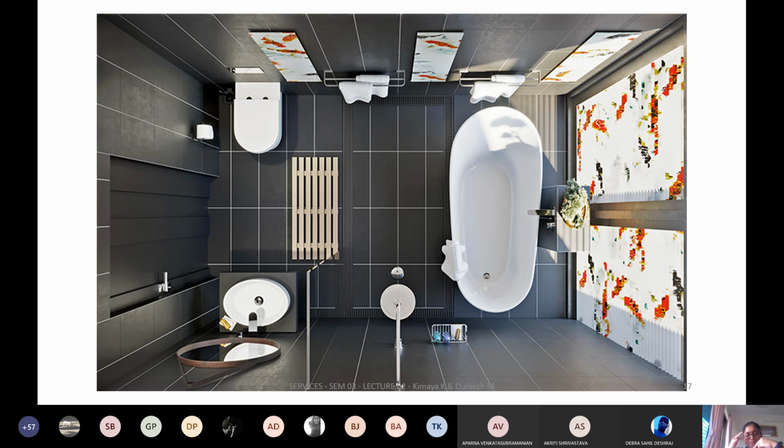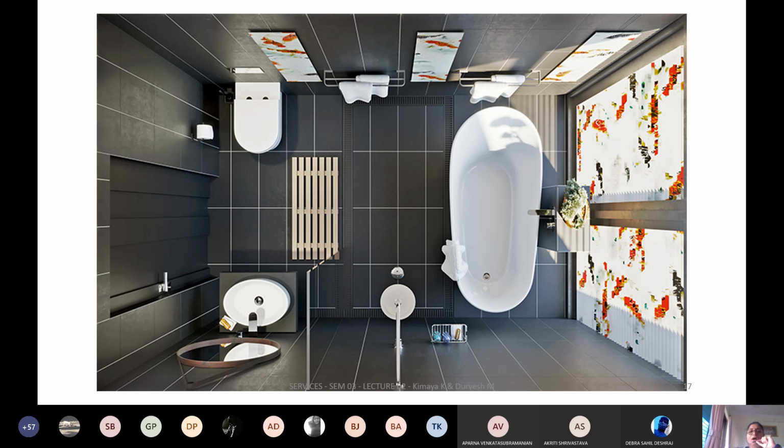You go onto any of these websites, Grohe or Jaguar, as I mentioned earlier, you get these different varieties which are available. Then because it's residential, you need to provide for hot water and cold water. So the shower will definitely have a mixer. The panel that you see in front of yourself, from where you adjust from hot to cold and things like that, that is also called a mixer, which mixes the hot and the cold water well so that you get water at the right temperature that you want, or you can adjust it as per your needs. So it definitely has a mixer which is inbuilt in it. We will see that in detail when you are looking at the water supply and studying how the water supply happens.